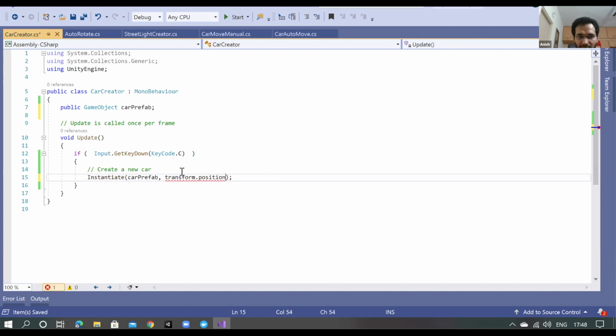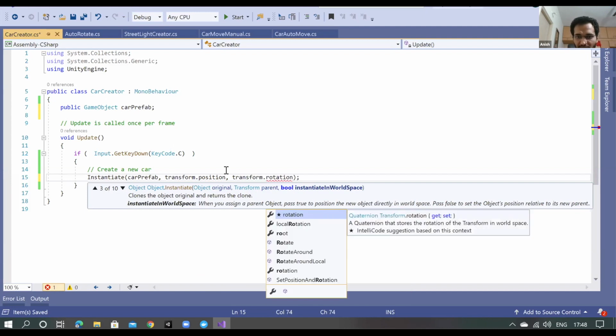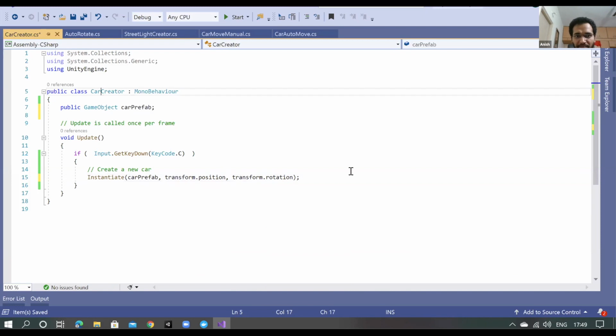Transform.position will give you the position of this car creator, and in the rotation I'll give the same thing, transform.rotation of car creator. So now we have this Update, and if you press the C button, then this function is called, and this function creates this car prefab.